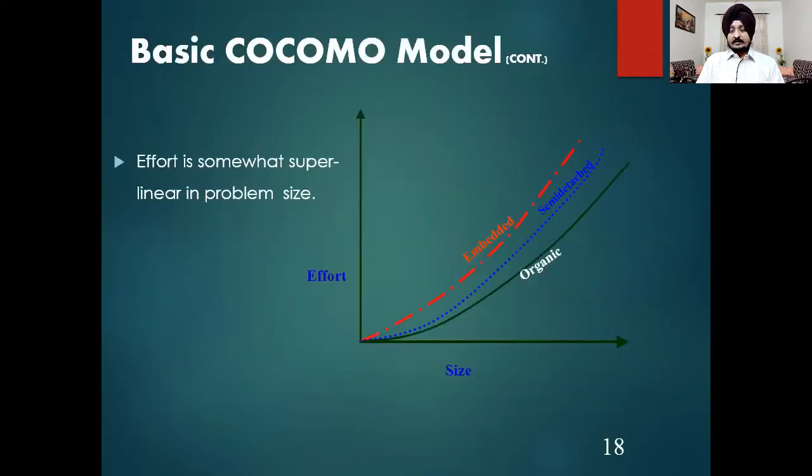If we look at the graphs of the COCOMO model, this is a graph between effort required and the size of the product. You can see we have three curves for different approaches like organic, semi-detached, and embedded. So you can easily find out the effort required for a particular size of product. Here we see that if the size of the product increases, definitely the effort will increase, and it is highest in the case of the embedded one.